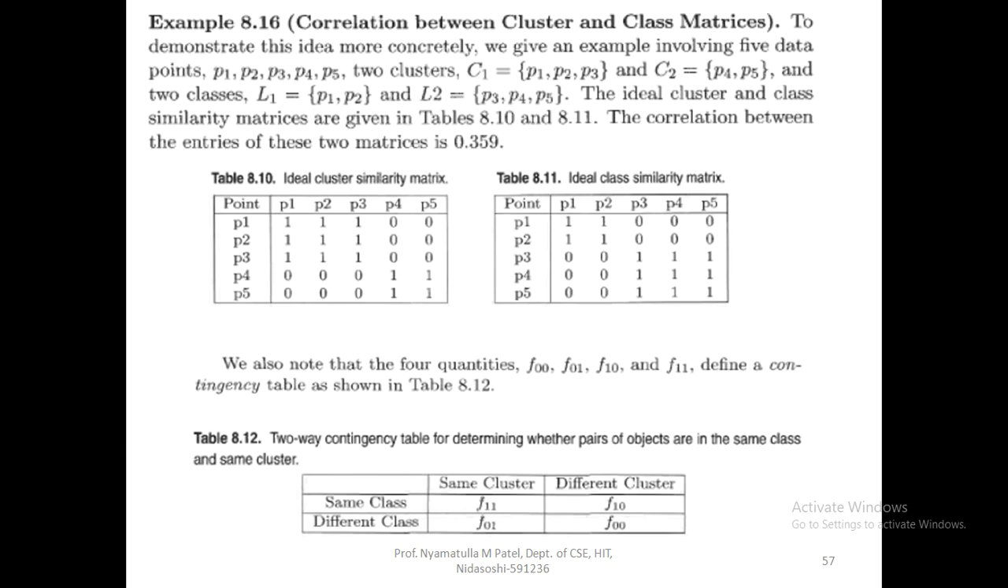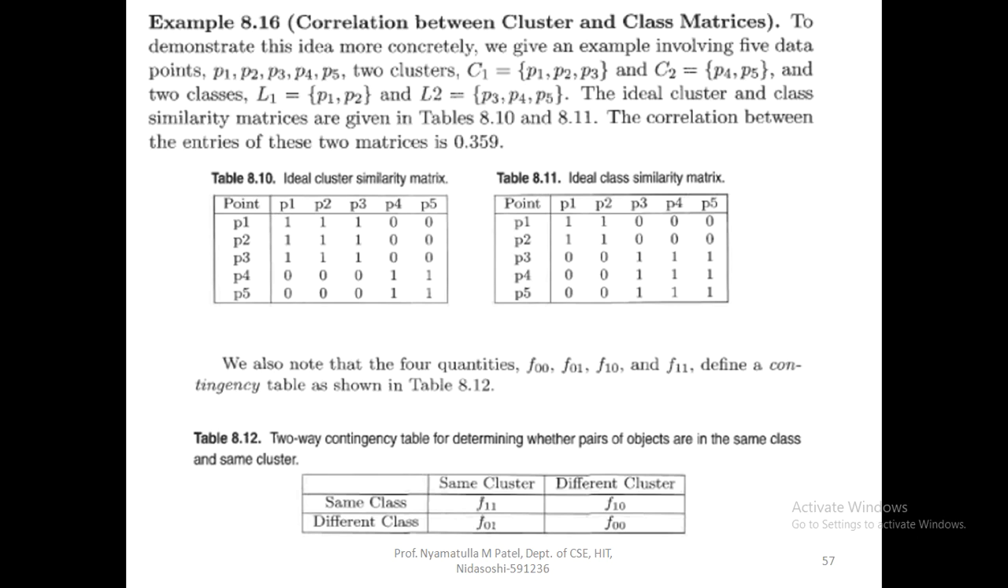The 2 clusters are different, and the 2 classes are different. Cluster 1 has P1, P2 and P3, and cluster 2 has P4 and P5, whereas there are 2 classes: class 1, L1, has only P1 and P2, and class 2, L2, has P3, P4 and P5. The ideal cluster and similarity matrix are given in tables 8.10 and 8.11. The correlation between the 2 entries